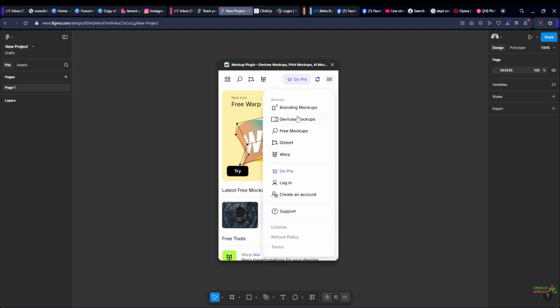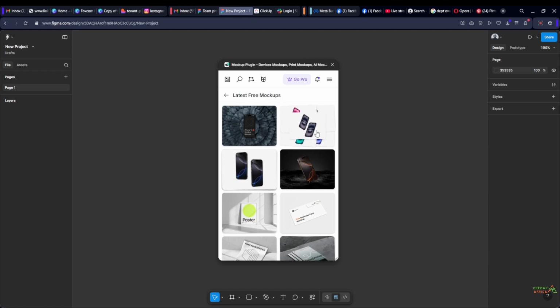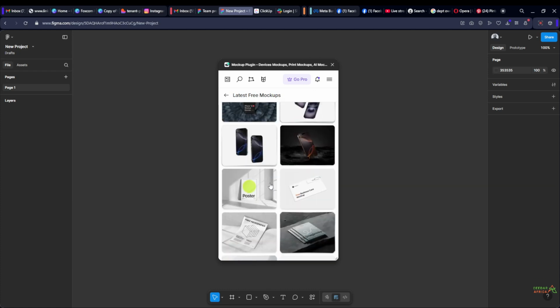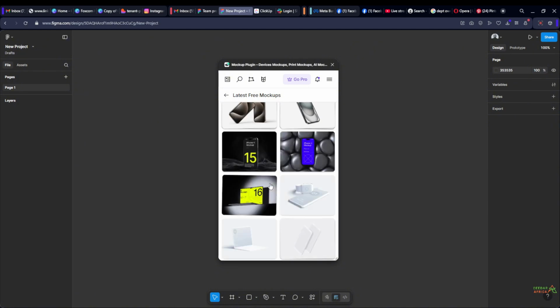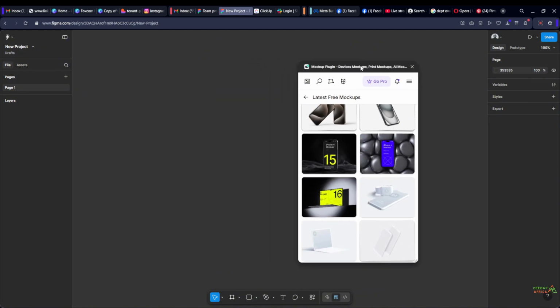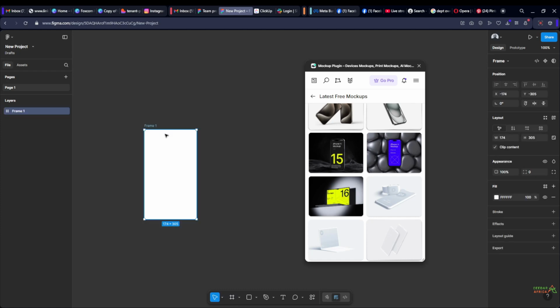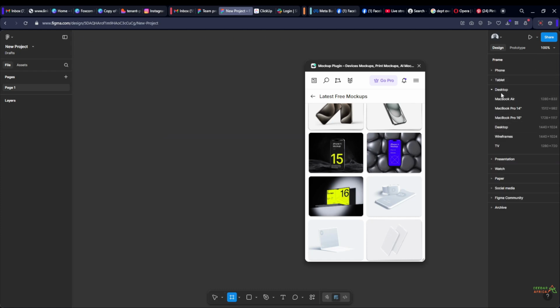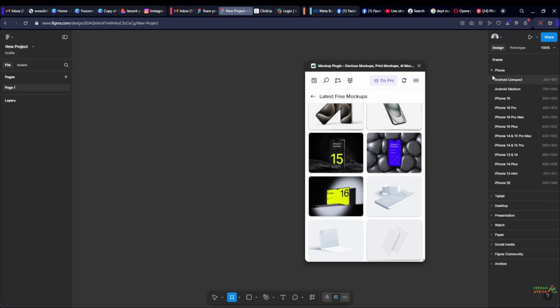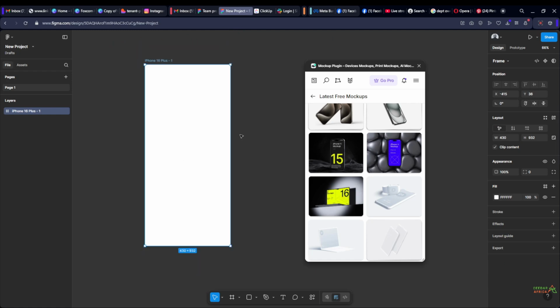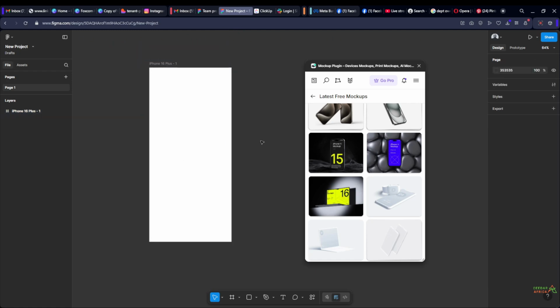I'm just quickly trying to show you what plugins are, right? So this is free. You see all these mockups here, they are free. So if you do a mobile app design, should I quickly practicalize for you guys? Wrong way. Let me bring out a frame. For mobile, let's do iPhone 16 Plus, right? So I have this, and I have